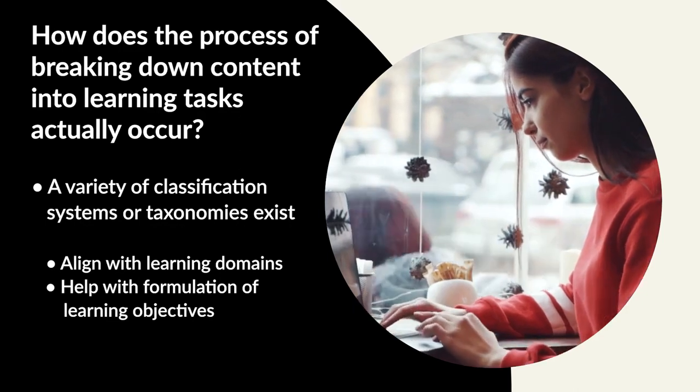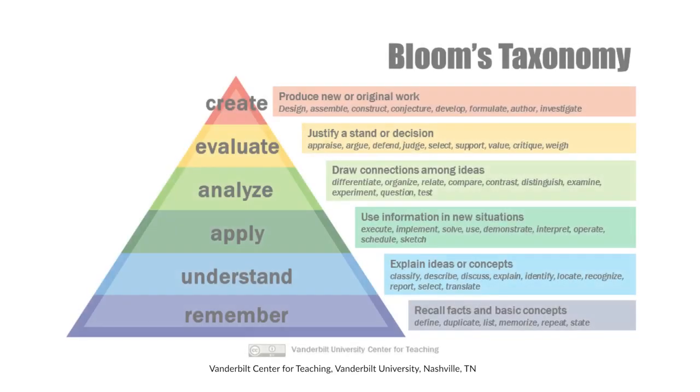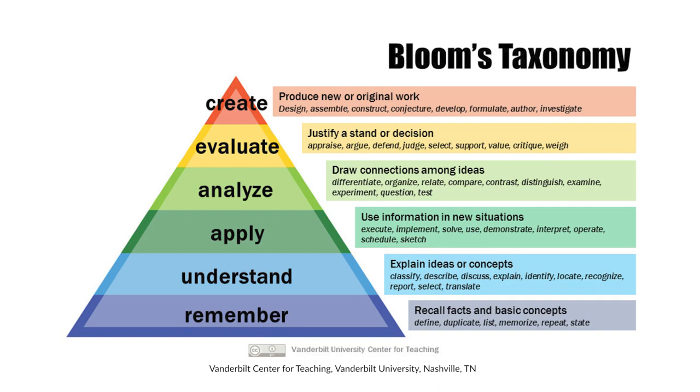We include links in your resources. We'll use one of the most famous here, Bloom's cognitive taxonomy, as an example of how this process can work. Its hierarchy of ascending cognitive processing dimensions, also known as thinking skills, is helpful in developing objectives, assessments, and teaching strategies to ensure successful learner attainment of specific learning tasks.